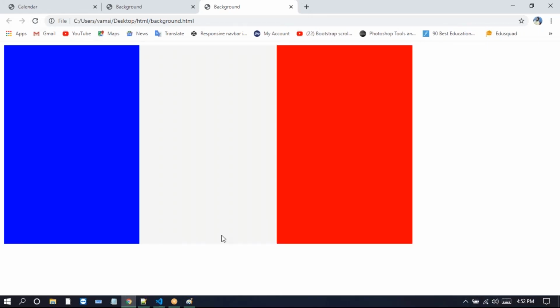So like this, we can create flags in HTML using the table tag. Like this, we have tables. The tables are also used for table layouts. So at the time of layout, so at the time of layout,